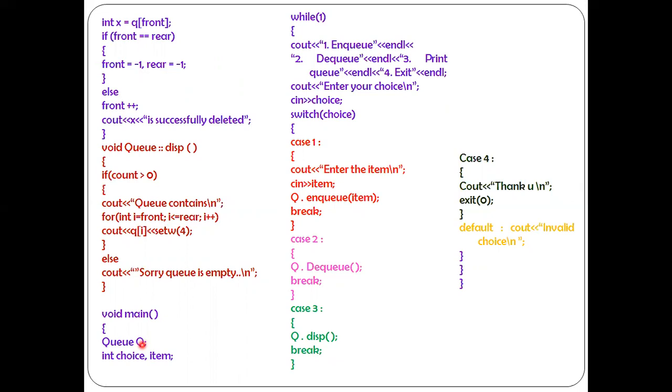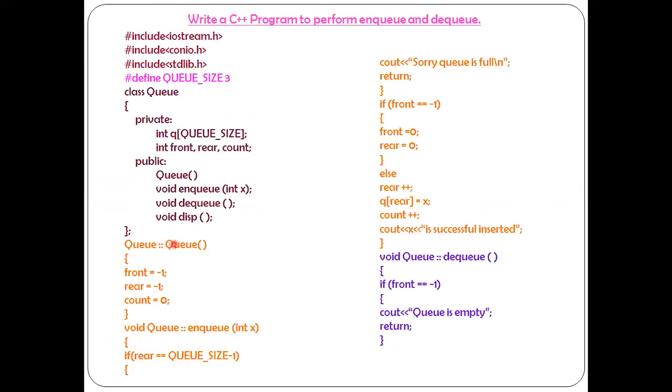Once you create an object, it directly goes to the constructor member function. The constructor member function is just declared inside the class, and they are defining it outside the class. This Queue is a class name, this is called the scope resolution operator, and this is called the constructor member function. What are we doing exactly here? I'm just initializing the values of the data members. Front is equal to -1, rear is equal to -1, count is equal to 0. Why are we initializing as -1? Let us assume that the queue data structure is empty. Front equal to -1, rear equal to -1.